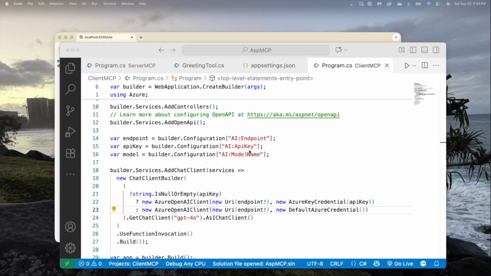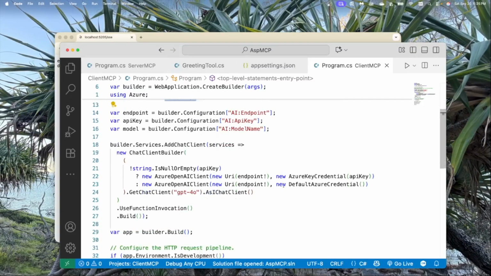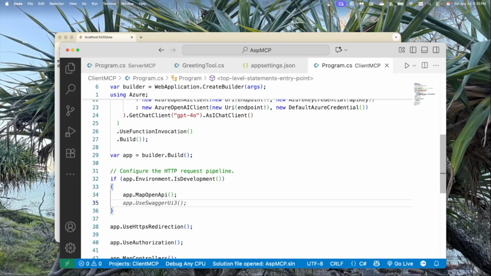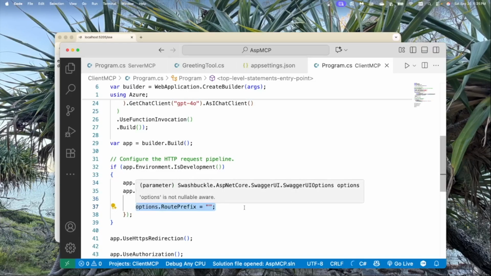Since this is a web API project, you can see here that the OpenAPI service is added, but we do not get a UI for our API automatically. It would be nice if we have a Swagger UI. So to do that, you would have to come under map OpenAPI and add this code here. This is where we're going to add the Swagger UI middleware, and we give it a name. This is the endpoint for the JSON file,